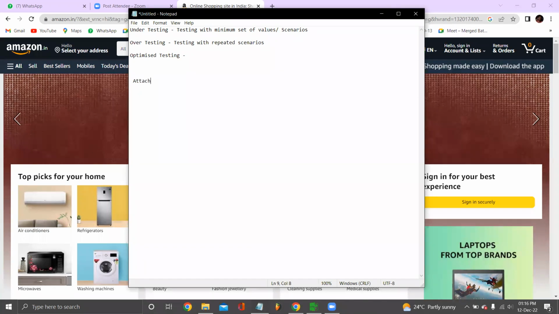Attachment should accept PDF, Word, Excel. Okay, this is your requirement. No size limit. Okay, now when we are deriving scenarios, the first scenario we have derived is